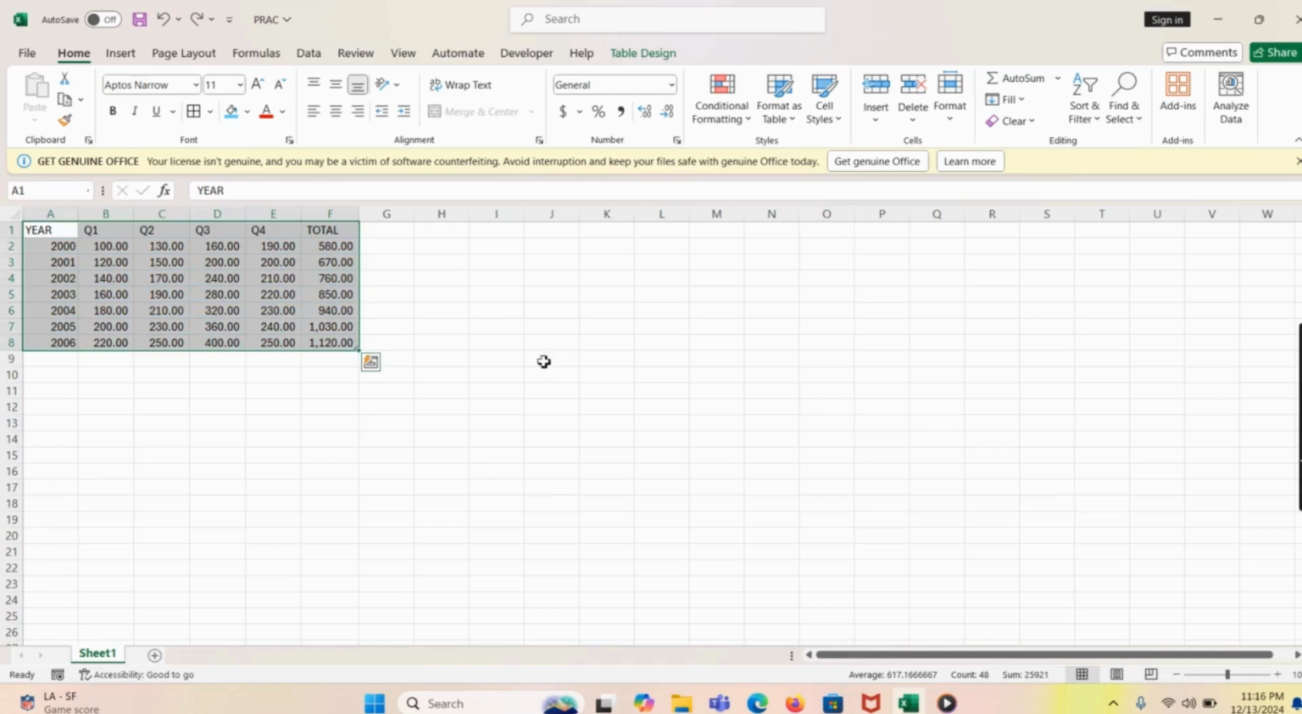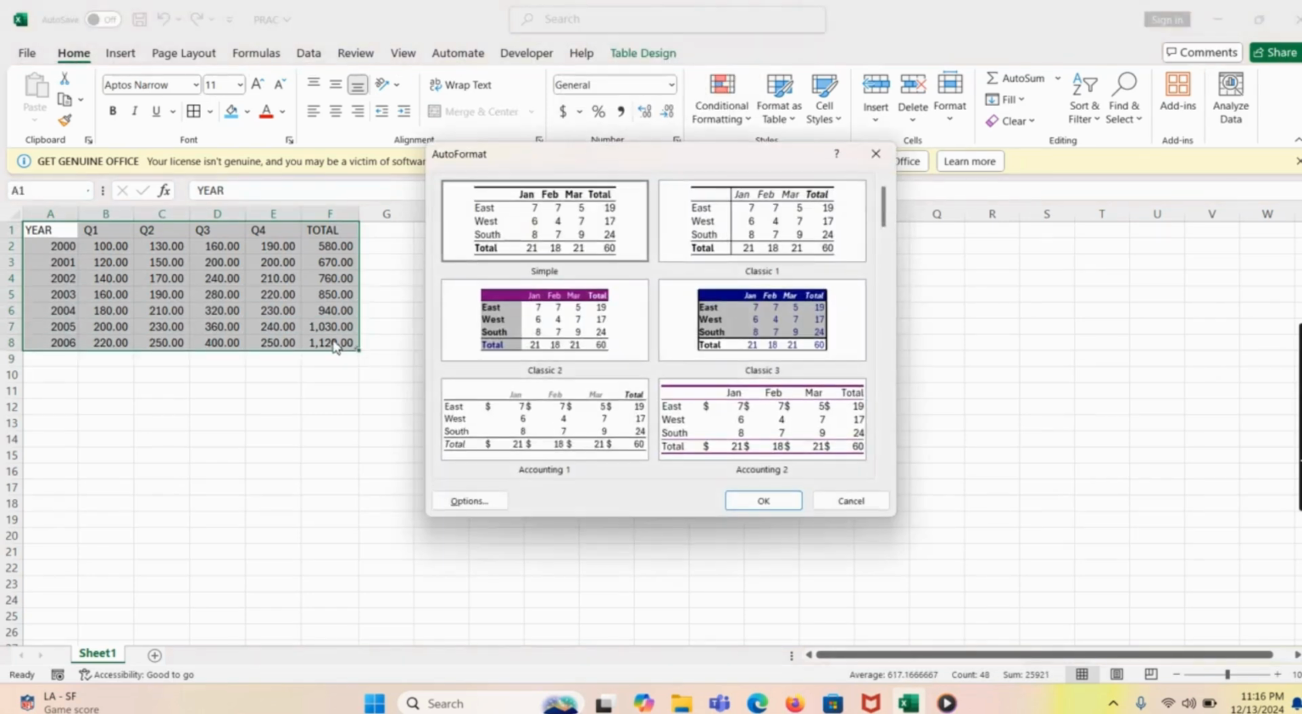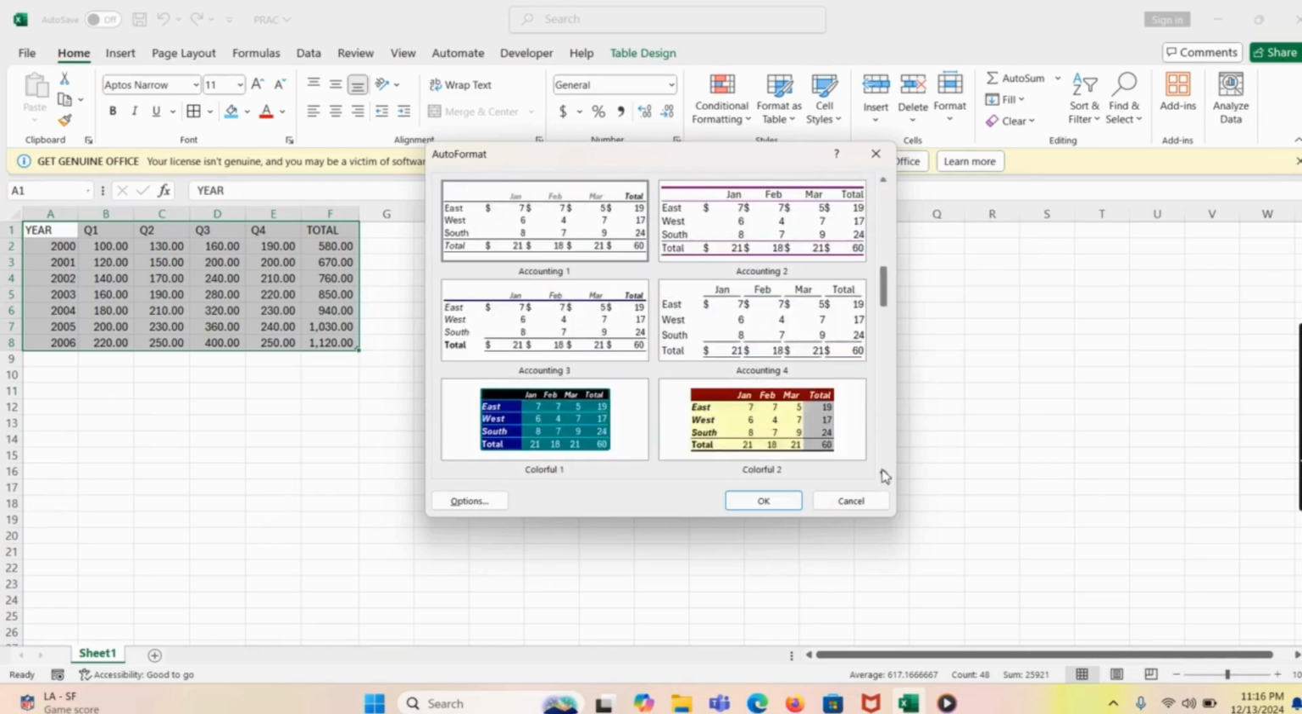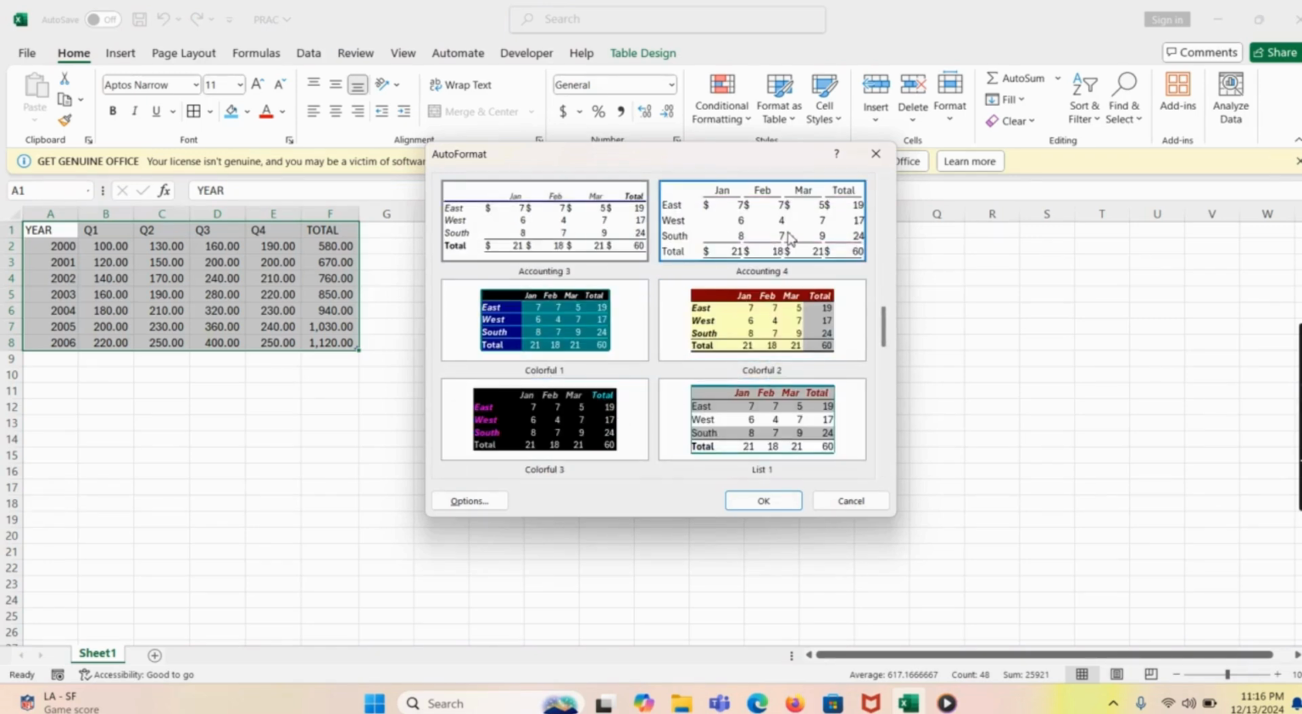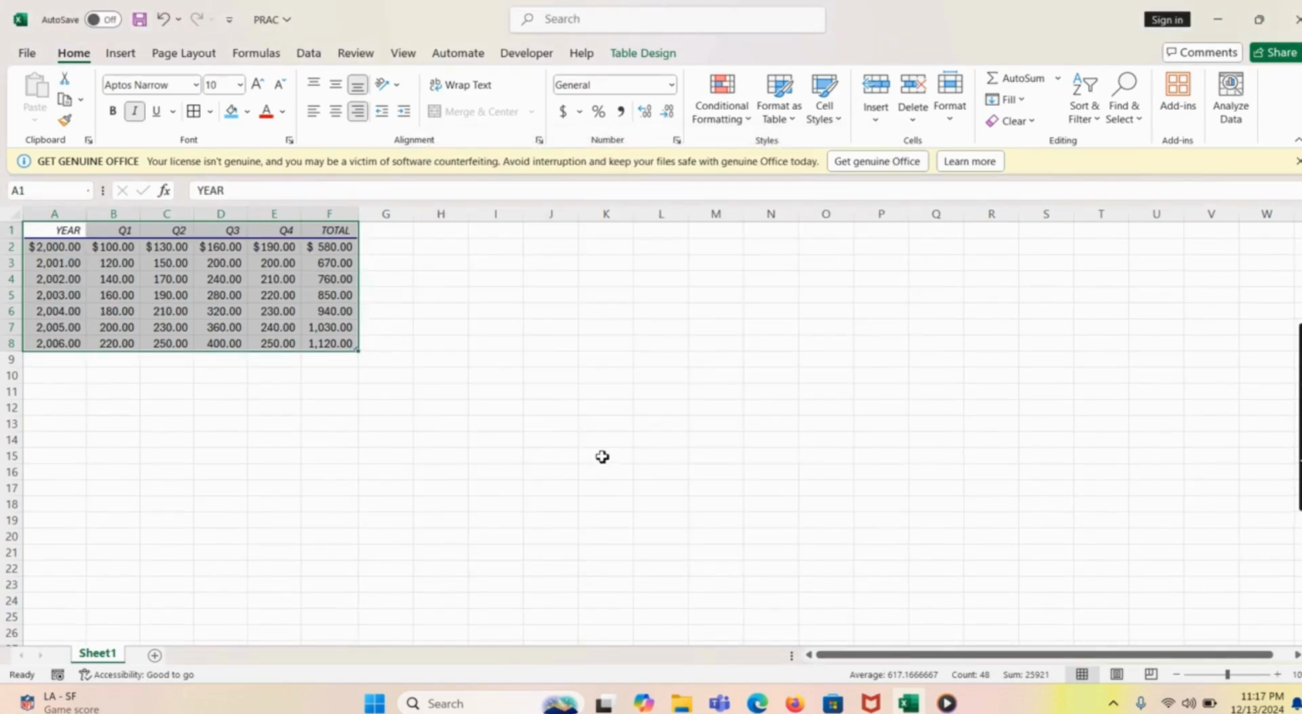There is another way, another shortcut way. Go back to the original data. Now select the data, press Alt O A. A pop-up window will appear. Now select the style that you prefer. We select a style, press OK. Our table is formatted. That's it. That's how you can format